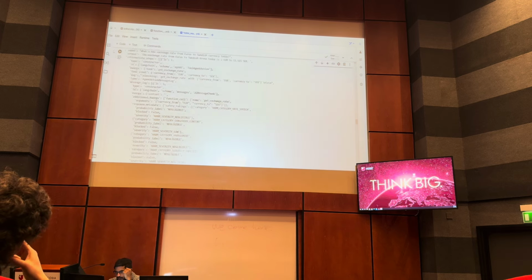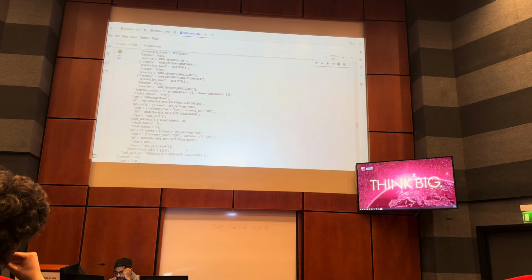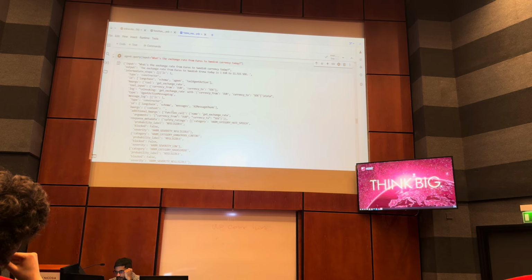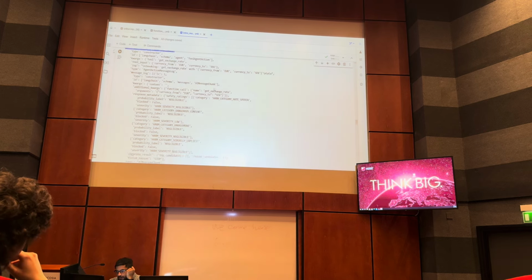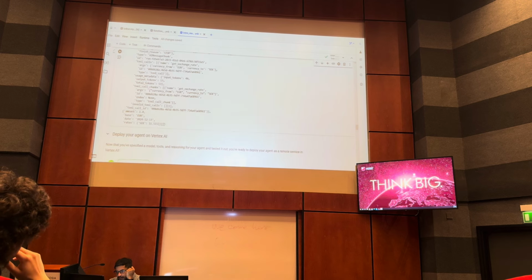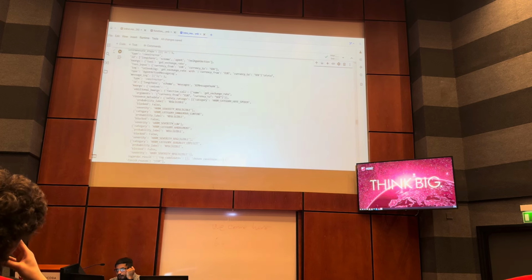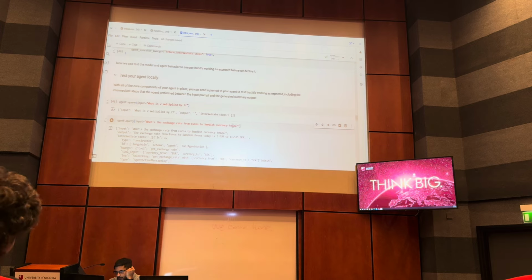So yeah, you'll see a lot of the intermediary steps here as well, which is how many tokens were used, like if there is some sort of harmful language, which is something Google looks at with their AI models a lot, and then it just gives you the output here. The exchange from euros to Swedish krona is that, and you see the function being called here, and then if you ask it, change it to a week ago,